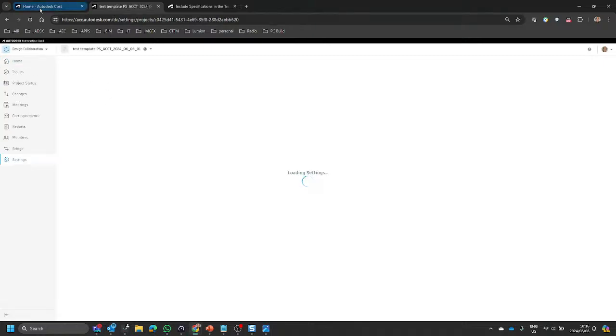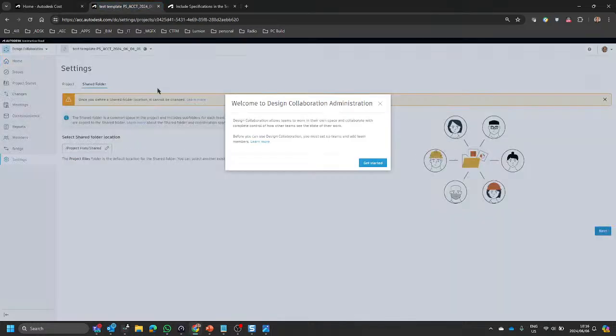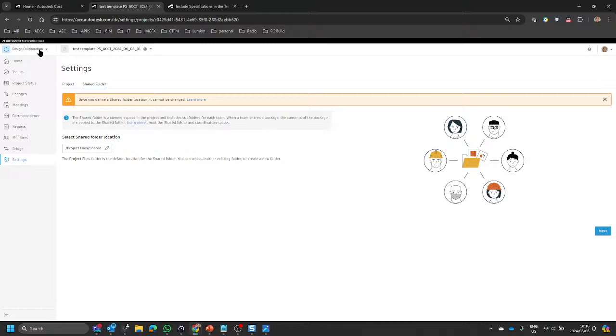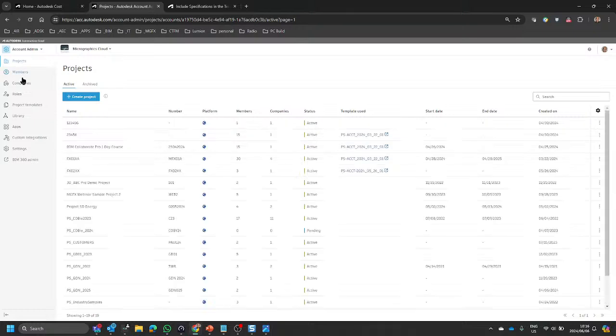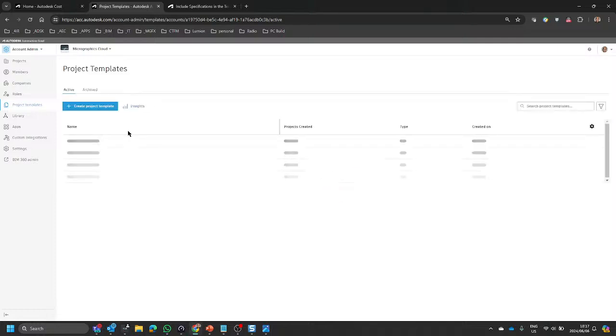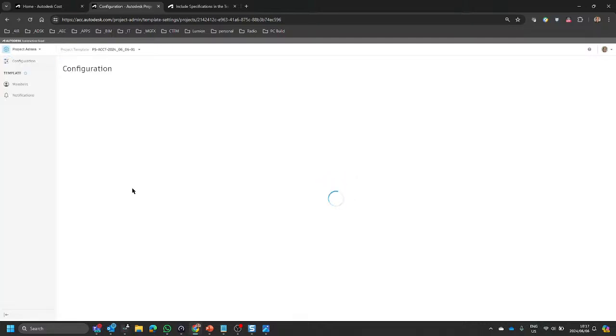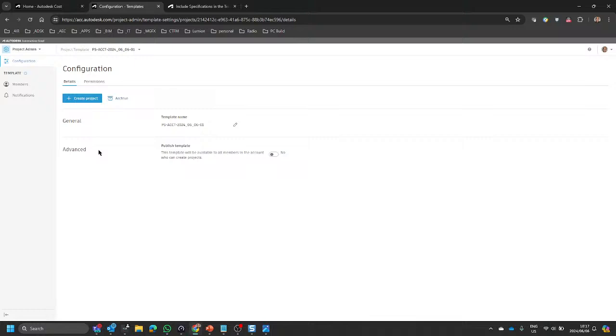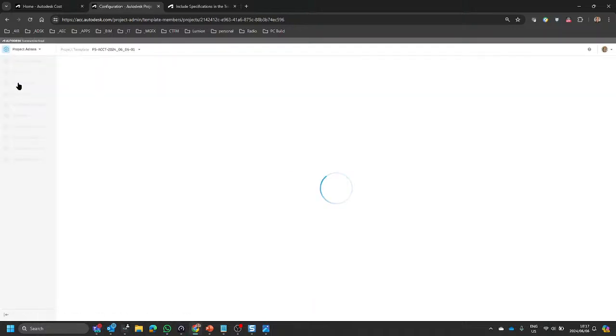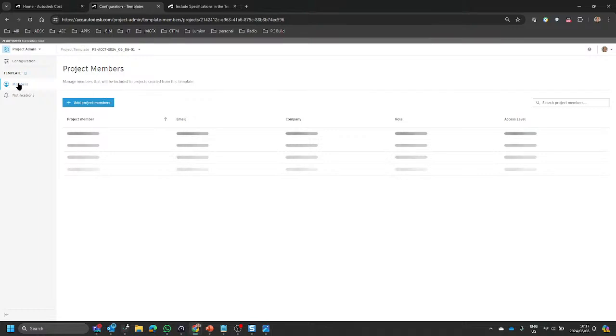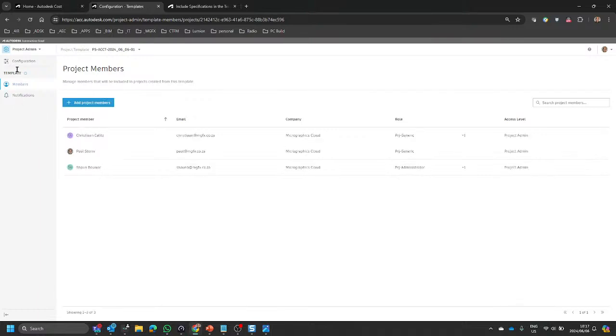there's a trick to this. It's not really a trick, it's just you have to know about this. When you work with your template, there's something else that you have to do as well. Right? So on your project templates, I'm going to go to the 060601. Okay, we can see we've still got our members, and the notifications, everything else. But, and this is what people forget, when you click on the module over here which says project admin,